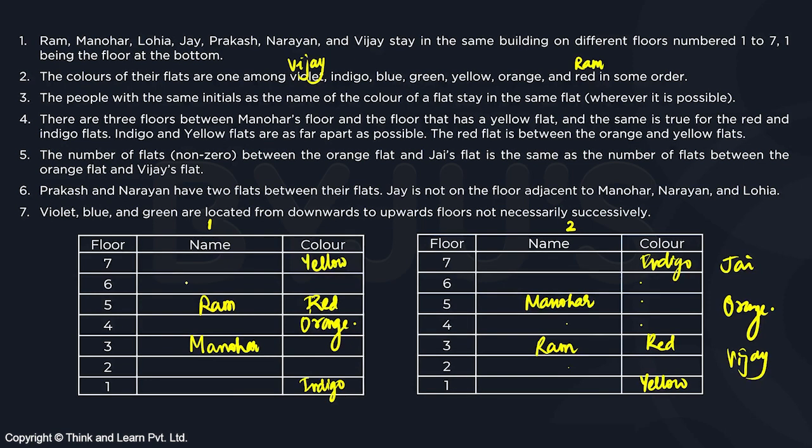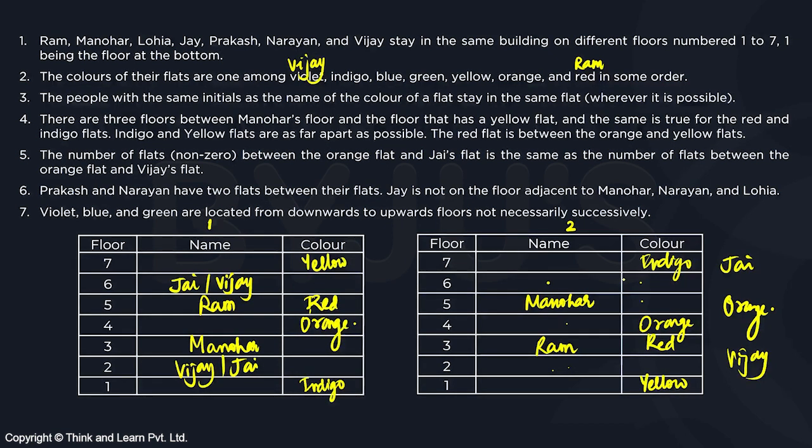If this is orange, we can have J here, so a gap of 1, and Vijay here, or we can have J here and Vijay here. So this is case 1. If I look at the second case, for the same reason we can't have orange at the second floor, because then it will become consecutive. I can't have the next one, it's already filled. I can have orange only at the fourth floor